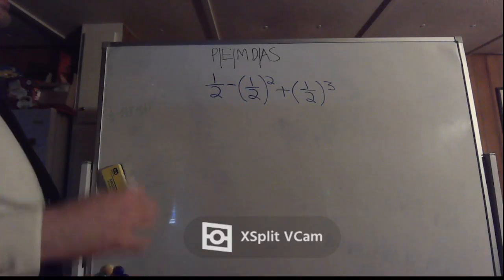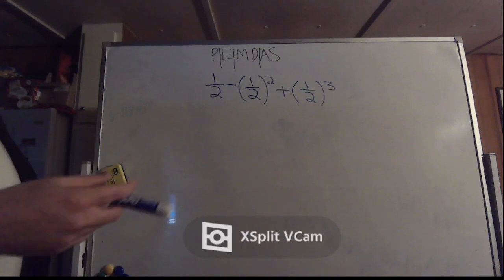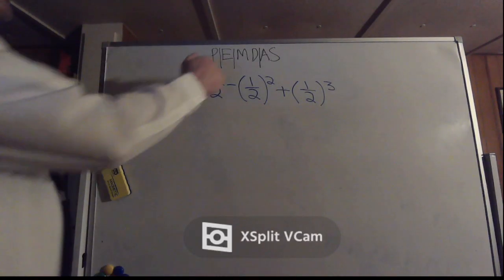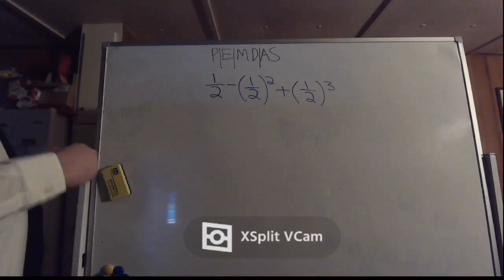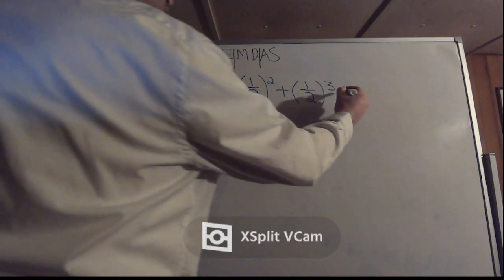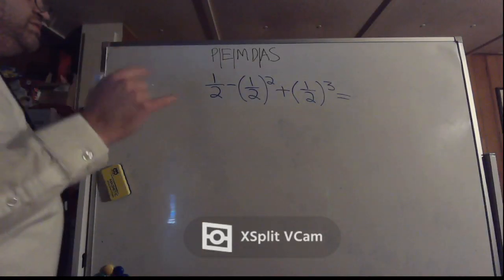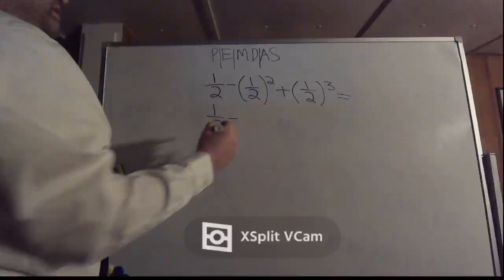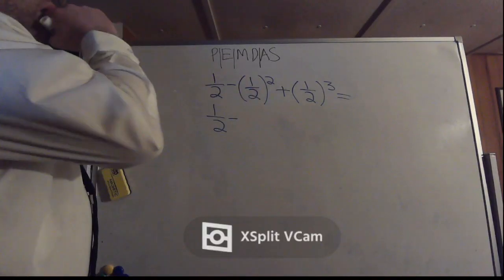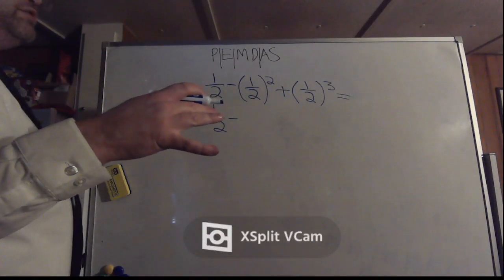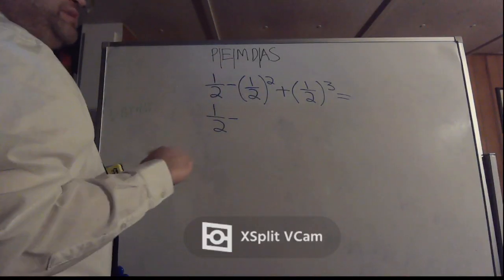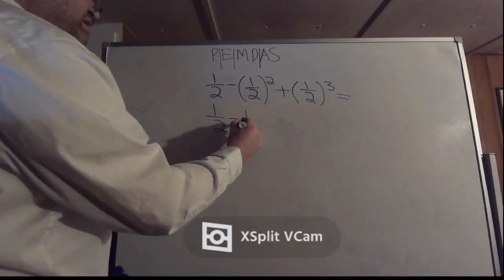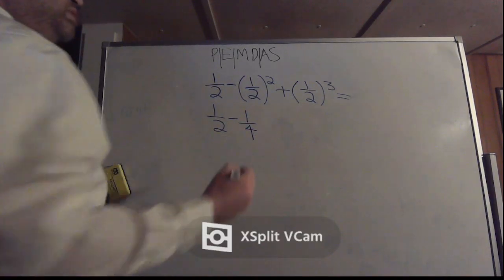parentheses here, you're not adding or subtracting or multiplying or dividing in the parentheses, so we wouldn't focus so much that there's a parentheses, but we would focus that there are exponents. There are, in fact, exponents in this. So what you're going to have to do is solve for the exponents. So you'll have 1/2 minus, now we have 1/2 squared, so you just raise the numerator and denominator both to the second power. 1 to the second power, well, that's 1. 2 to the second power, well, that's going to be 4, so you'll have 1/2 minus 1/4